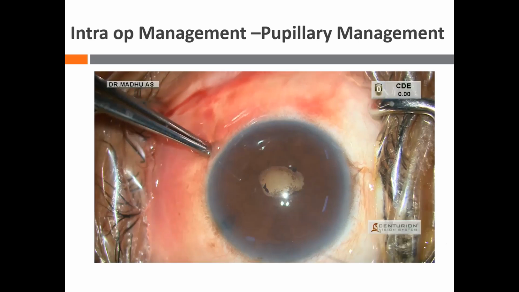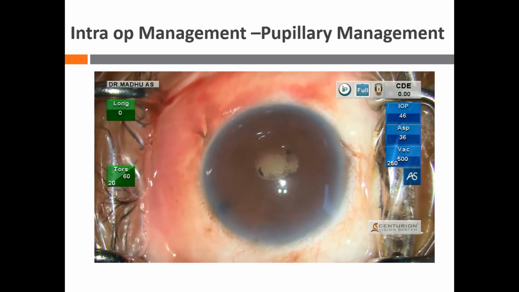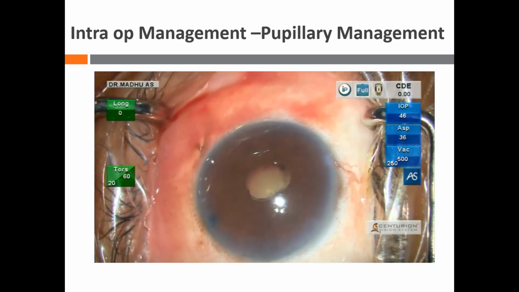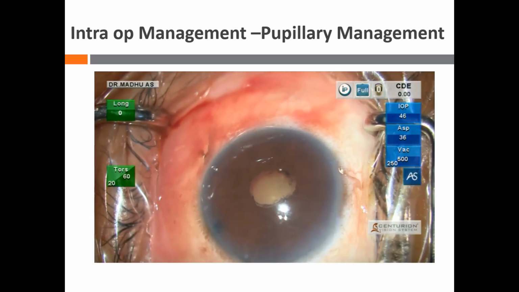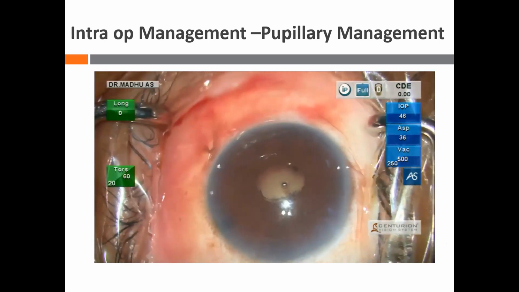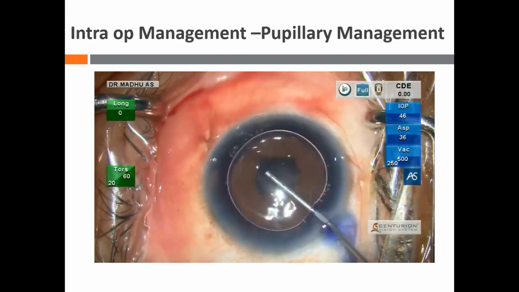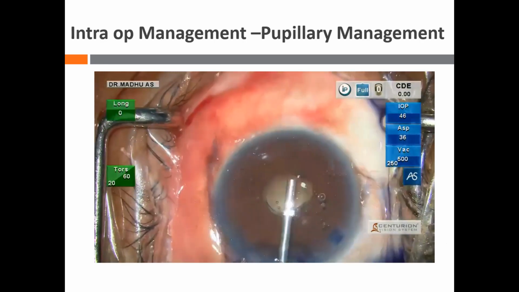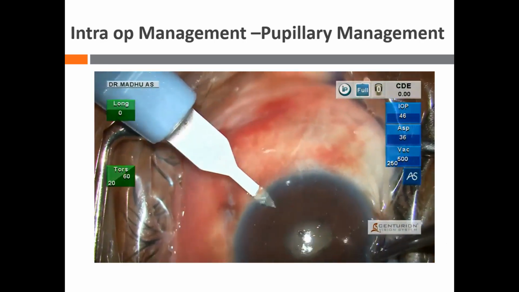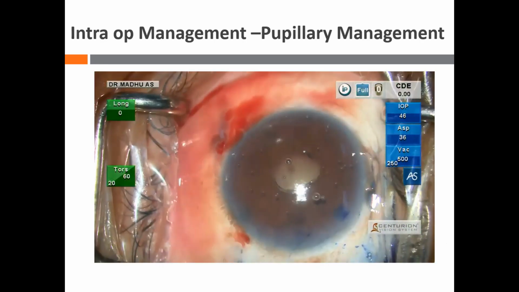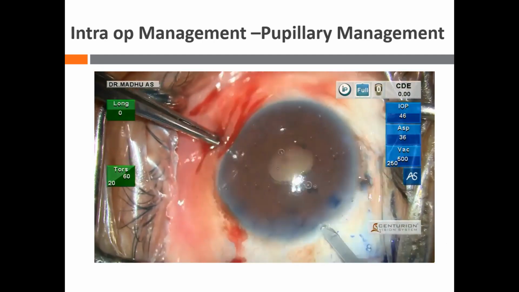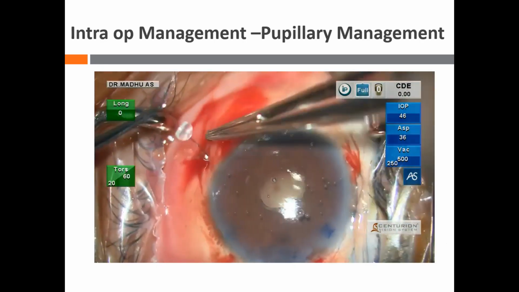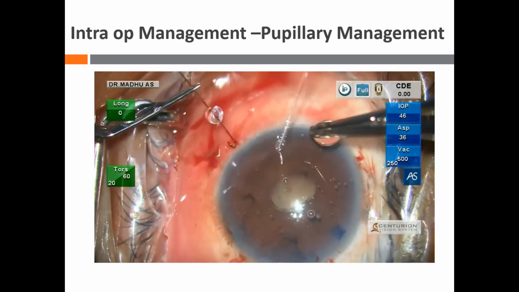Usually the synechiae is broken by introducing a cyclospatula in a quadrant, and in a diagonally opposite quadrant, and you break the adhesions. And then you can go with stretch pupilloplasty. You can use 2 Hoagland's hooks and manually separate the iris in the horizontal and vertical meridian 180° apart. But our uveitic synechial irises are thin and atrophic. So if you go for stretch pupilloplasty, it may cause iris rip and bleeding.